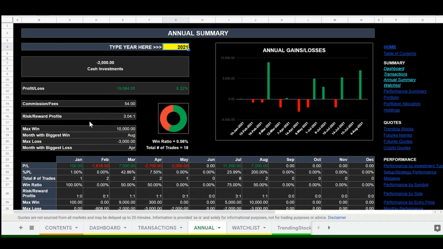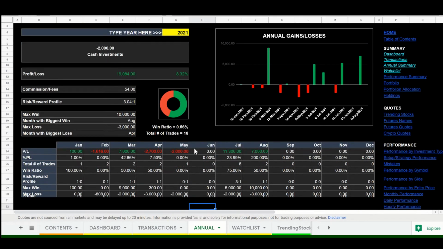Your risk reward profile is shown here. What's your maximum win? What is your biggest win? What month? And max loss in what month? So you will see all those there, and what your win ratio is, and so on, and how many trades you did. So you will see a summary over here of your